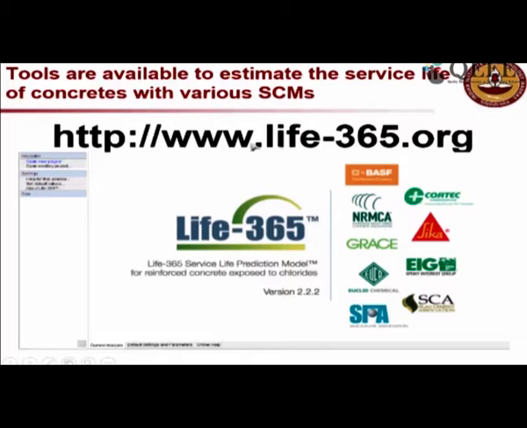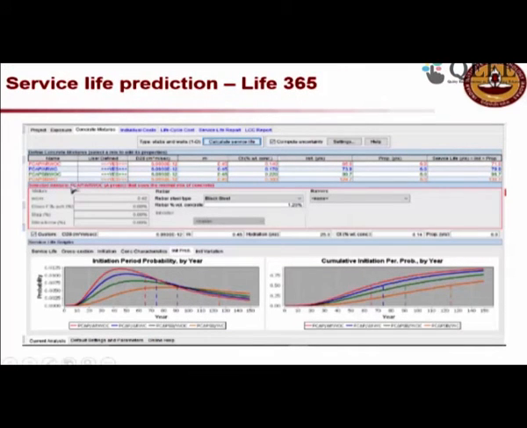One of the widely used tools is software called Life 365. This was made by a consortium of companies, and the ACI committee approved it. Life 365 is free software available. I request you to download this software and you can learn how to do this service life prediction. Now this is a snapshot of the screen. What you can see here is we can try different options, and if you know the diffusion coefficient of the concrete which you use,